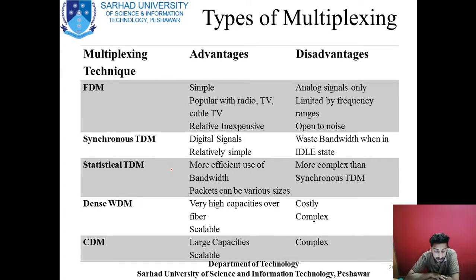And CDM is more in use nowadays because of its scalability and its large handling capacity. It can handle multiple users at the same time, because all you need is just a code, and a code can be generated by a software tool or by any other technique. You just have to create a new code for a different user, and that's it. You do not have to allocate any other physical resource, bandwidth or time slot to any user. The system in CDM is more complex, but due to the advancement in technology, it is very much achievable nowadays.